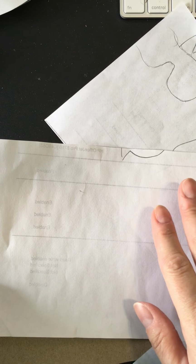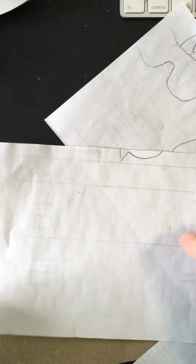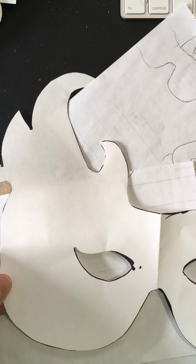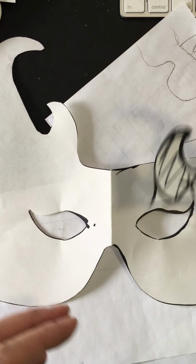Okay. Now, you can make a symmetrical mask or you can make an asymmetrical mask. Either way, you're going to start out symmetrical. I know that you're thinking, but I want to make something that is a little different up here at the top. Let's get this one up. See how this one is asymmetrical, right? It's not the same on both sides. But when I created it,